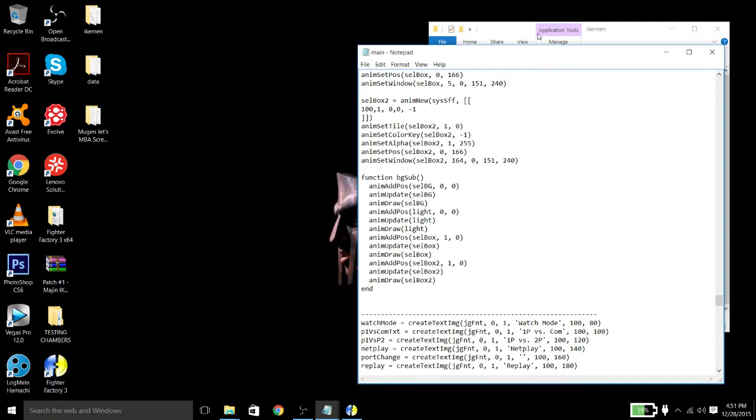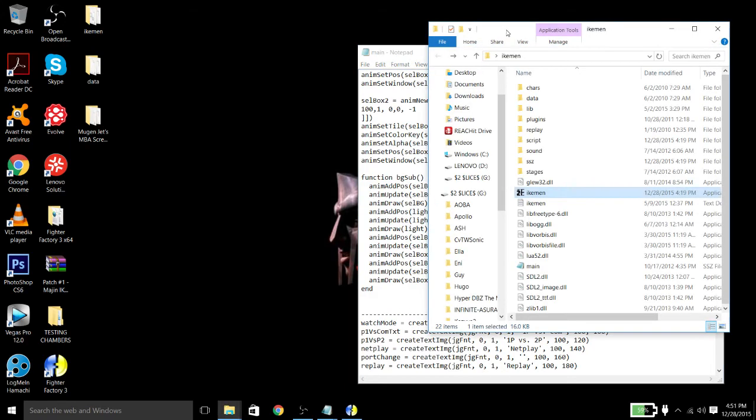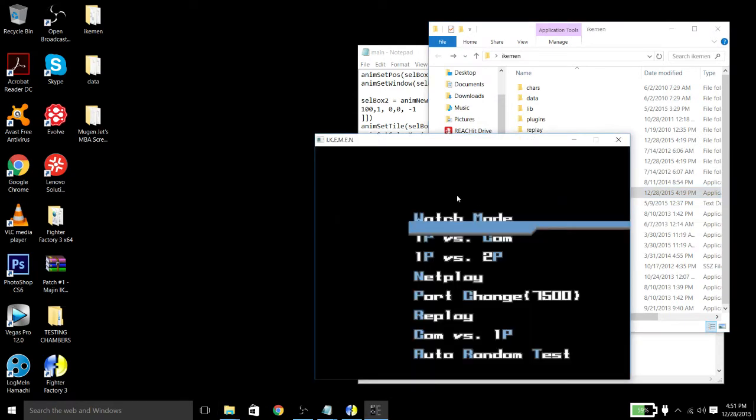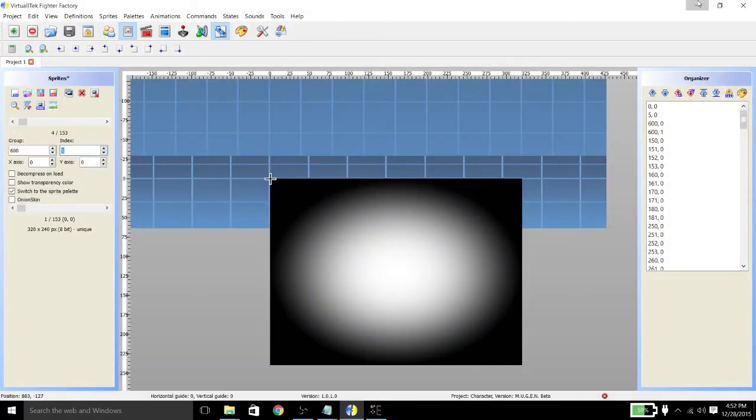So save it. Now this BG sub is only for the character select screen. This section here, this little small section, is just for the character selection screen. There's another piece of that, but we'll get to that in a second. Okay, so watch this. Whoa! It's doing the little flashing light thing. See, the blue little background is in the back, while the lighting, which is this sprite, is in the